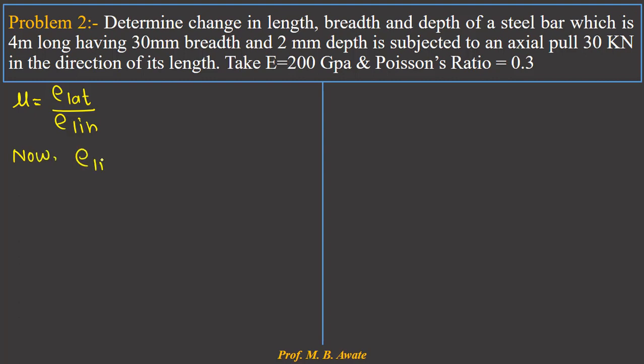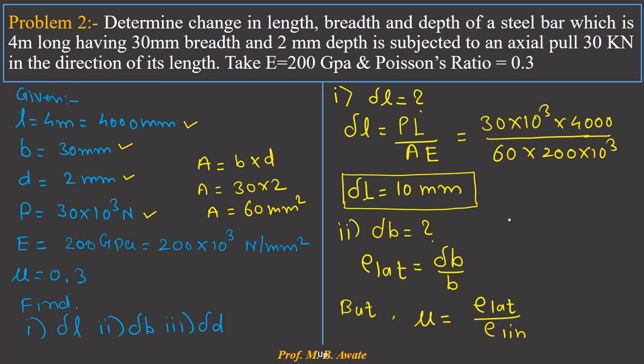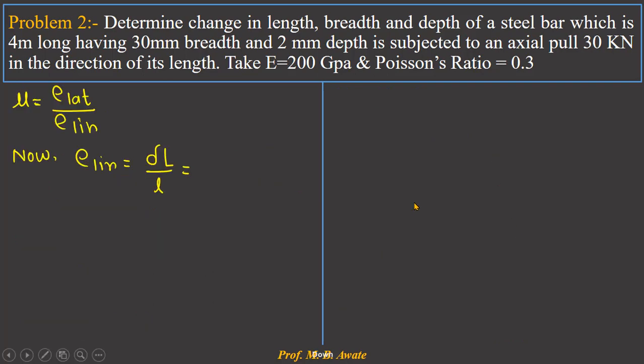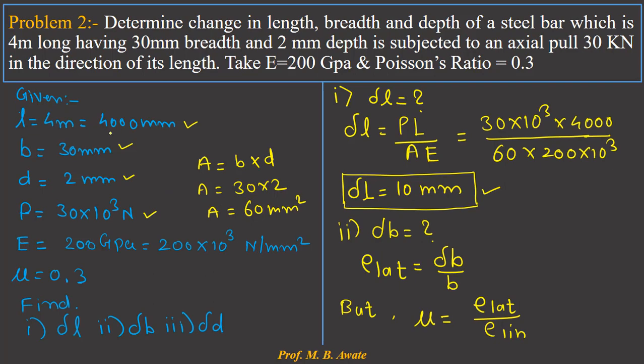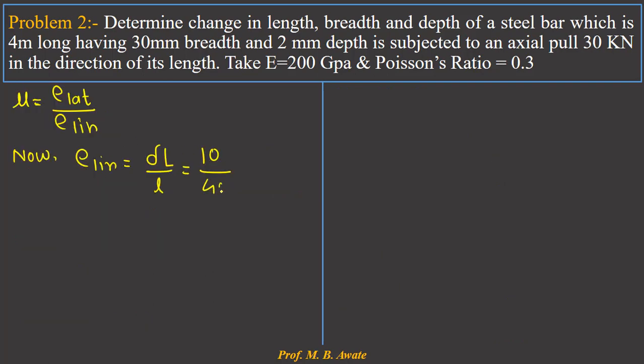So what is linear strain? E linear, that is nothing but the ratio of change in length to its original length. So what is change in length? Just now we have calculated the change in length. You can see here it is equal to 10 millimeters. So change in length is equal to 10 millimeters divided by the original length. And in the given statement you can see the original length is 400 mm. And once we solve this, we will get the value for linear strain as